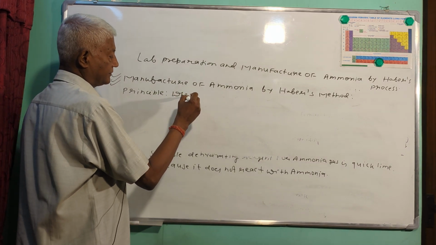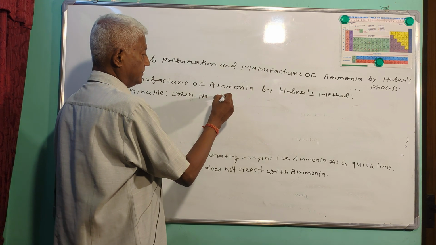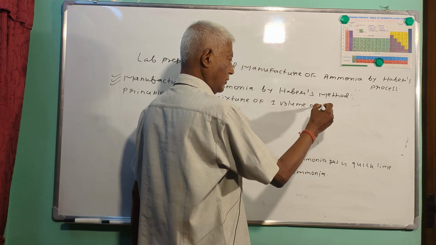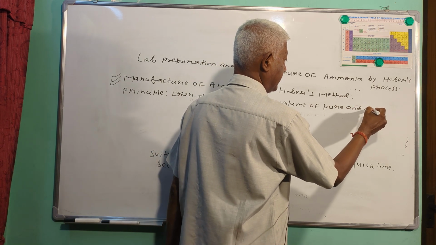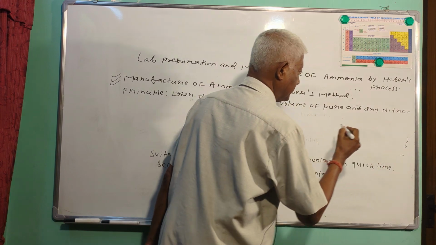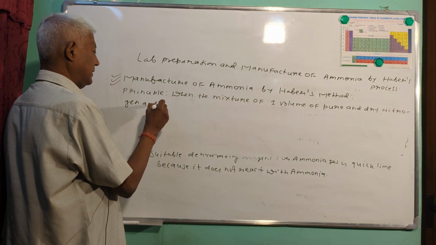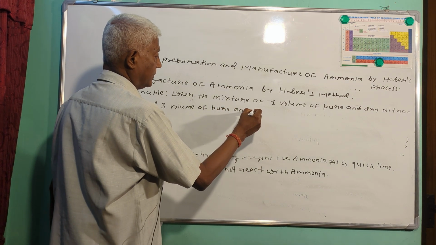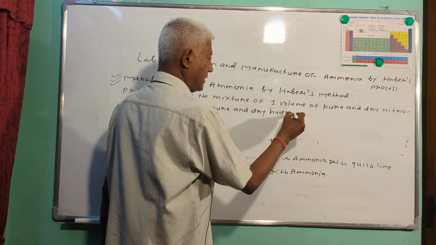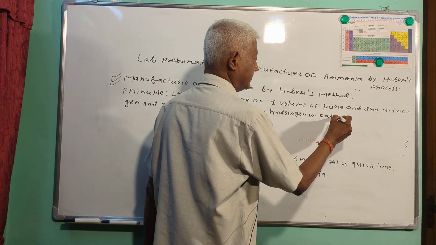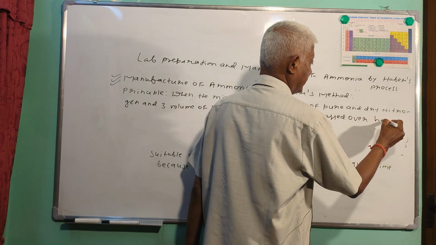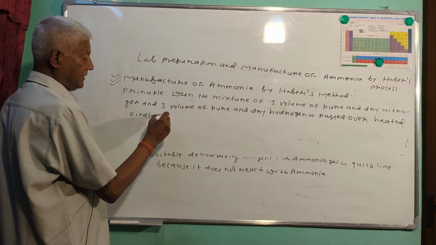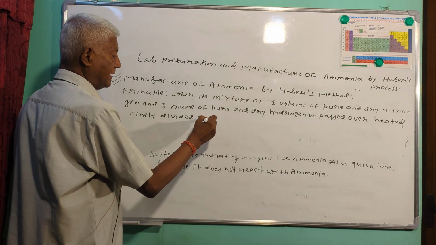So what you see, when the mixture of one volume of pure and dry nitrogen and 3 volumes of pure and dry hydrogen is passed over heated, finely divided, meaning powder form, iron catalyst